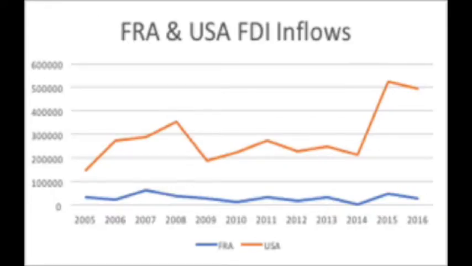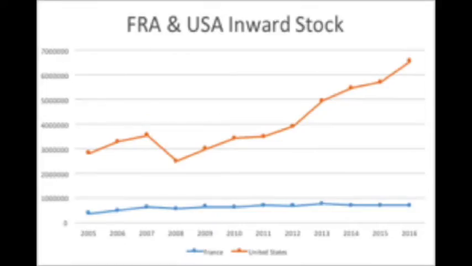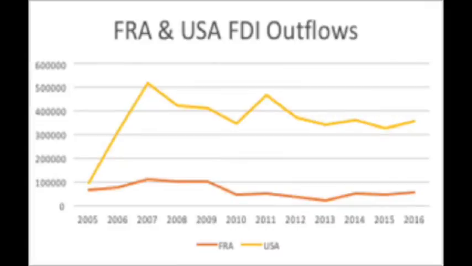If you consider France and the United States' foreign direct investment as a whole, France seems to have a steadier overall decrease, whereas the U.S. has many more ups and downs. Take, for instance, the inflows and outflows charts. There are no notable trends in France's data except for the drop around 2009 in outflows and the drop in 2007 in inflows. These decreases are a direct result of the recession that they experienced in 2008.